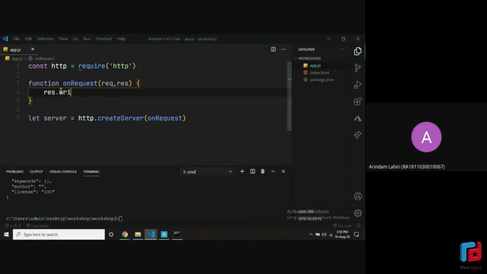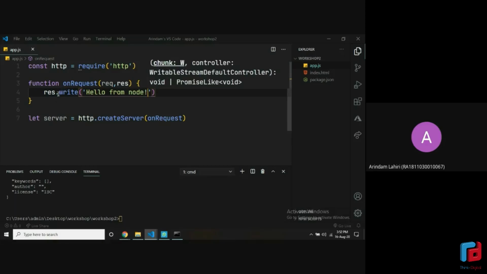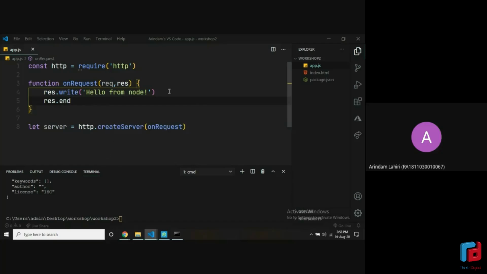All right, let's write a response, something like hello from node, right? This res.write. Right now I said that res is the response object, and this is how the server sends something back to the client. And this write method is used to do what it says, basically write something out. And then we have to end the response all the time, because the client needs to know when the response coming from the server has ended. Because if we don't tell it to end, the client will never know when to stop. It will just keep looking for some information to get.